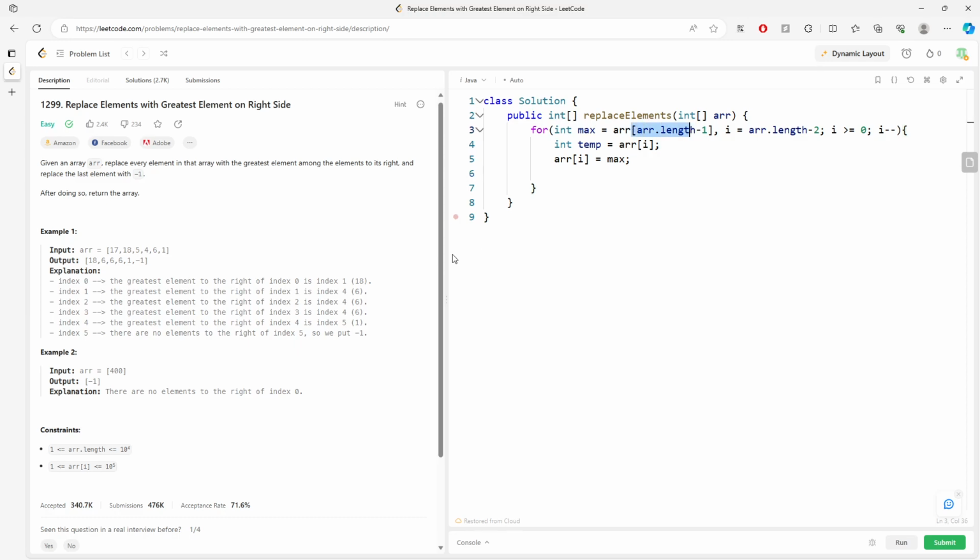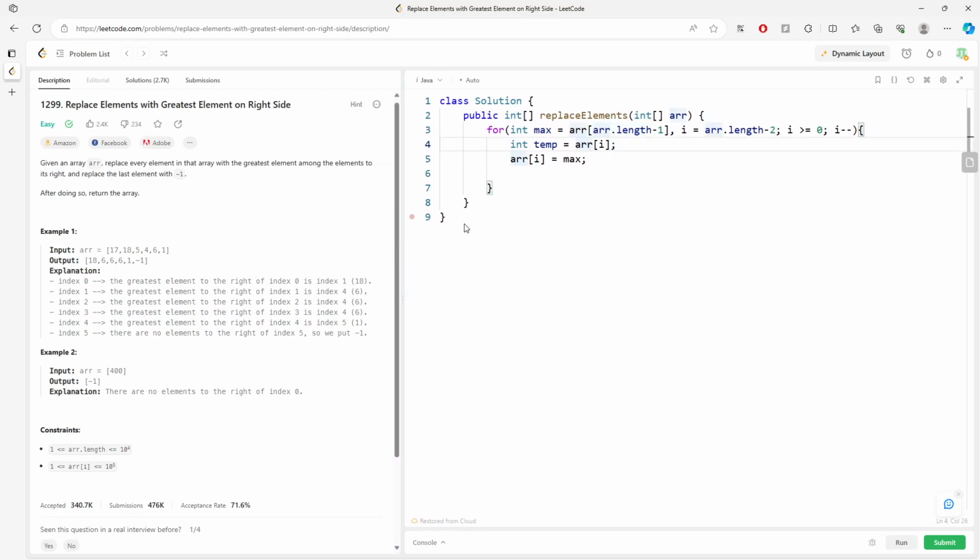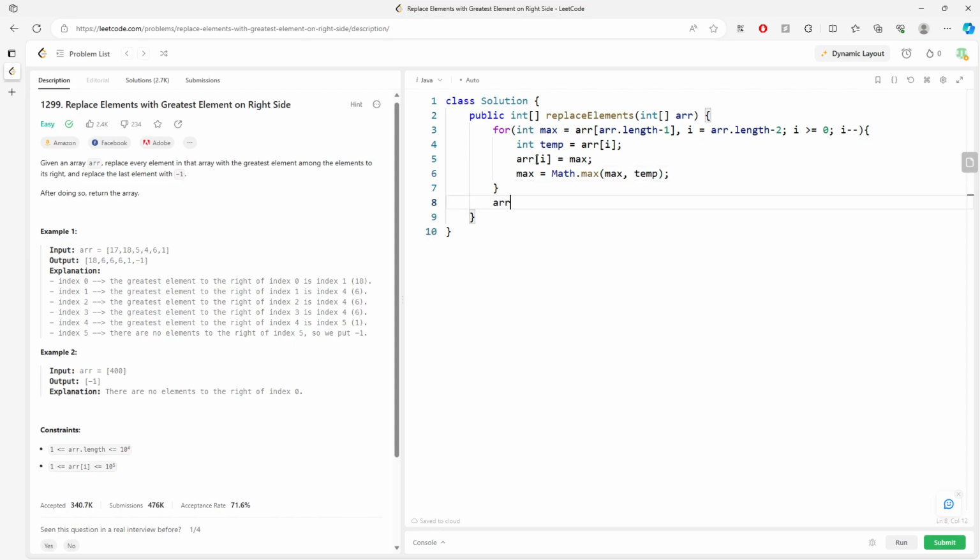So if we just started, so I will assign 1 for this current index. So here we go. But I need to update my max for my next iteration. So it's going to be max at 10. Then don't forget you need to reassign the last value to -1 and return the array. So you are using the same array, so